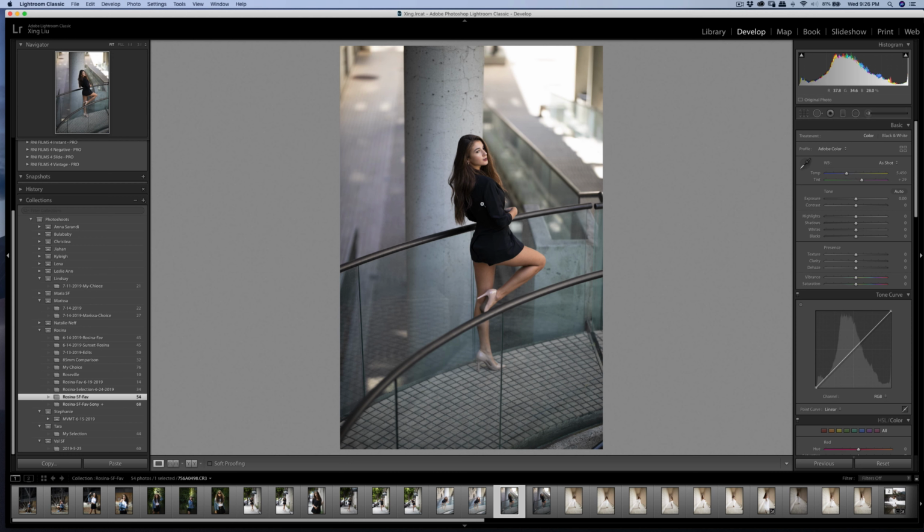So the first thing, I'm gonna edit this one from the plaza in downtown San Francisco. I'm gonna reduce the highlight, the exposure, reduce the highlight a little bit, increase a little bit more contrast, and reduce the whites a little bit. You can see that as the shadow gets more, there's more detail on the hair as well. You can leave it like that for now, and then later you can do the